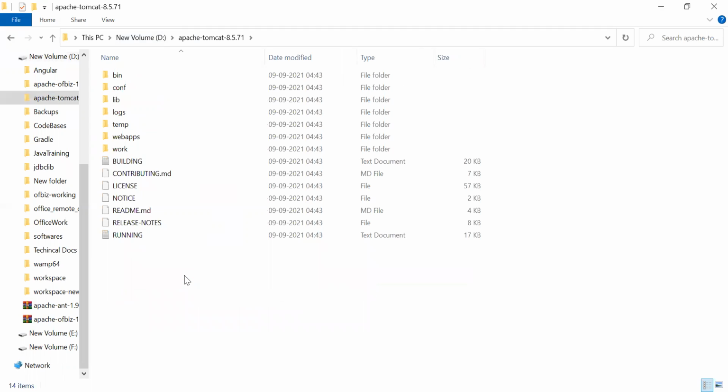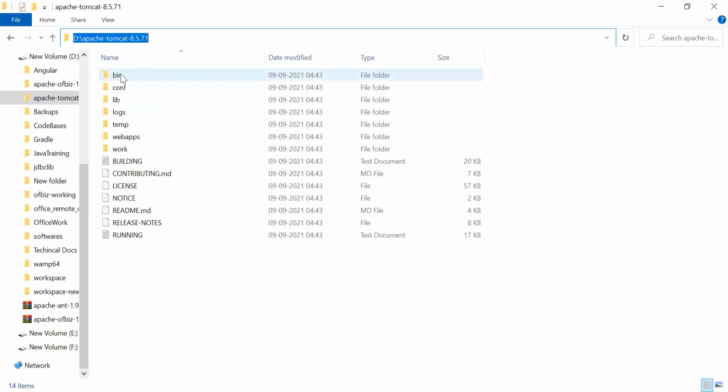Once you unzip, this is called the parent directory, the Apache root folder. I have kept my Apache at D drive under Apache Tomcat 8.5.71. All Tomcat related stuff is here.